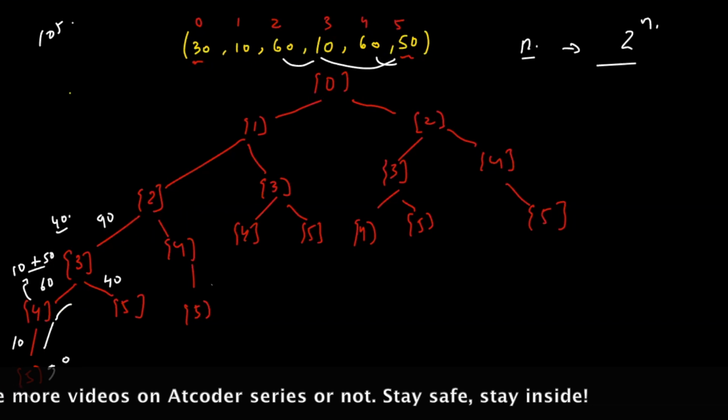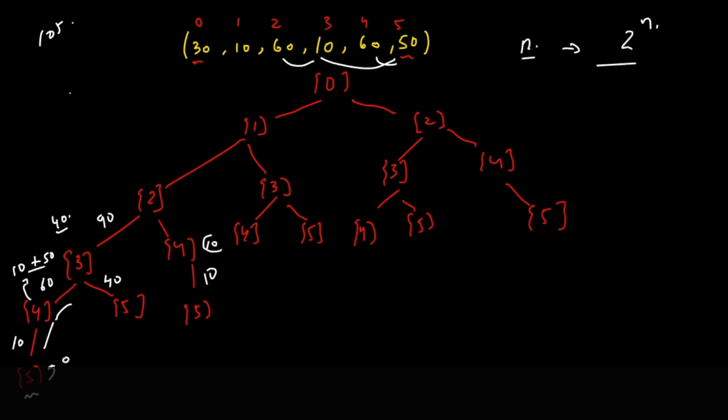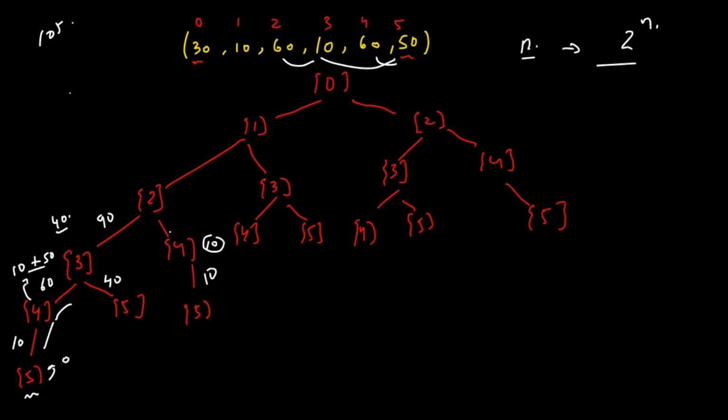From 4 to 5, the cost taken will be 10. From 2 to 4, what will be the cost taken? That is 0 plus 10. So you write 10. So you know from 2 to 5, if you want to move, from 2 you will move to 4, costs 0. From 4 to 5, that costs 10. So a total of 10. Now which is a better way to move from 2?